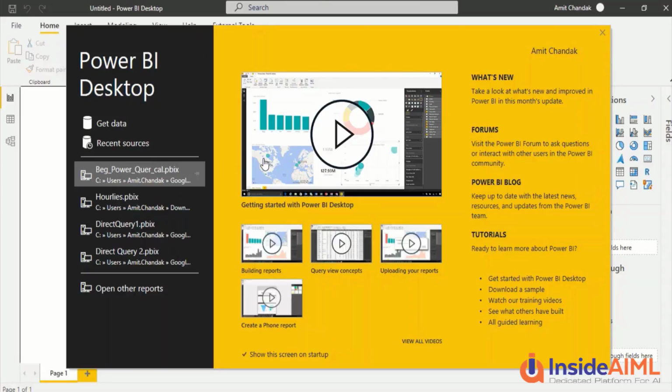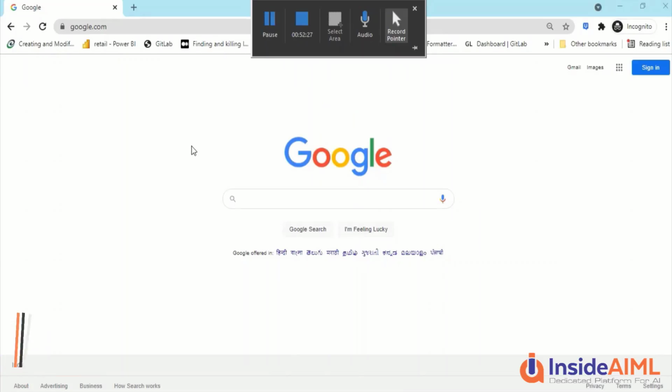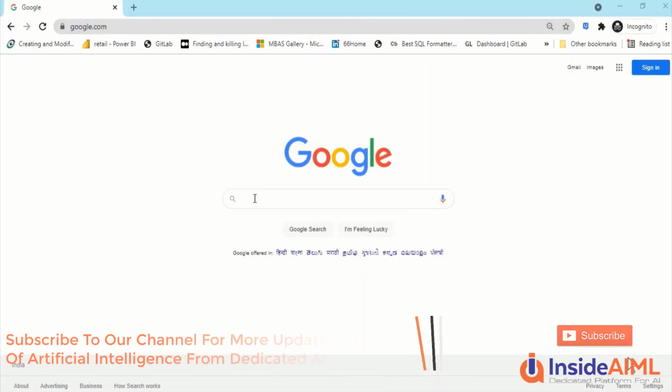It's not that you have to get data from the setup screen only. You can actually get data after going inside to Power BI. So this is the first look, and we will continue more discussion on Power BI, and we will let you know how to work on Power BI, how to load data on Power BI. All this would be covered as part of this series. So let us begin that journey to do business intelligence using Power BI.